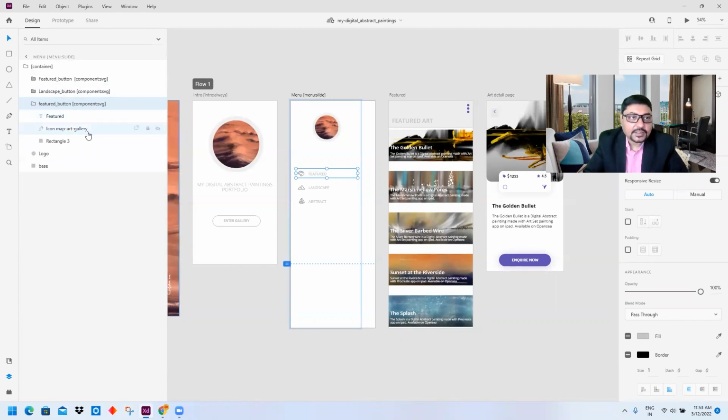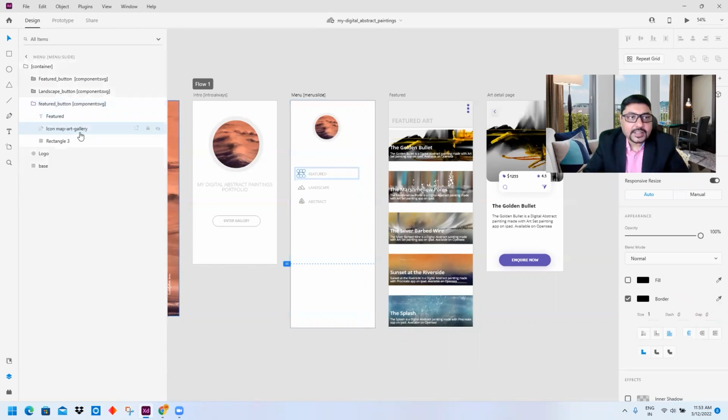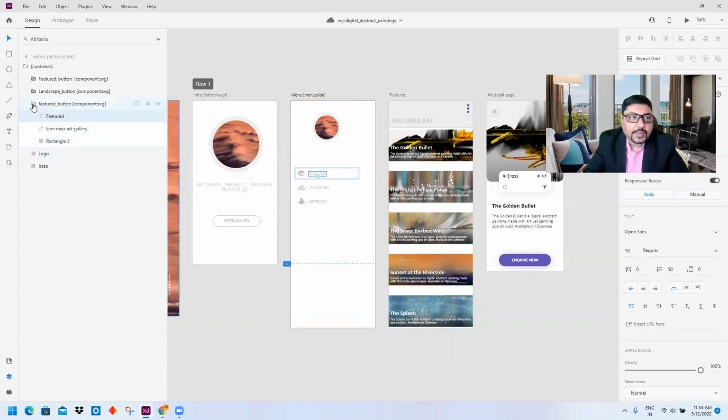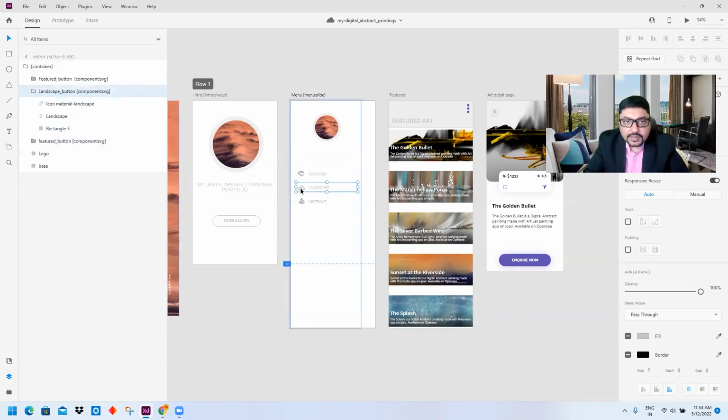Let us see another thing. If you see, this is icon map gallery, this is rectangle, this is featured text, all combined into one. Same. See, icon material landscape, landscape and rectangle. Okay.